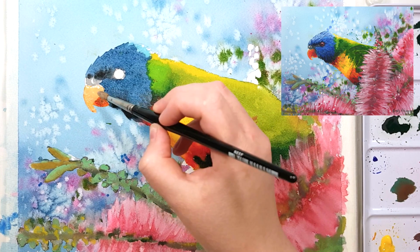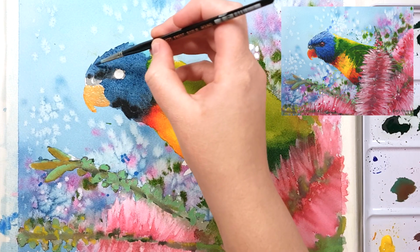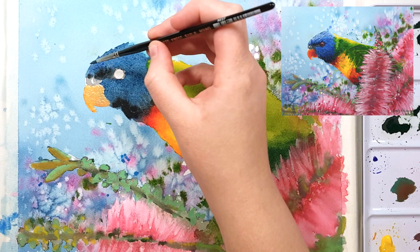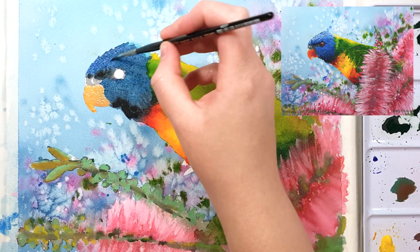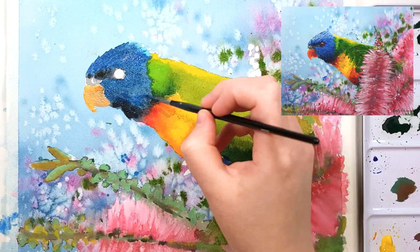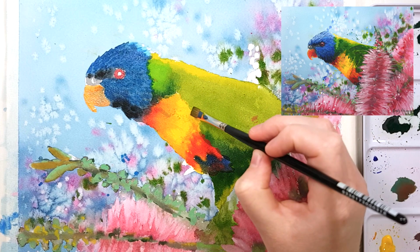And this way I can go over the top of that once it dries with some reds and yellows again. I'm also adding a bit of a brighter blue to the head. Although I'm not too worried about the details, I still want to follow the direction of the feathers. The green part of the body is dry now, so I'm going to go in with some darker greens to